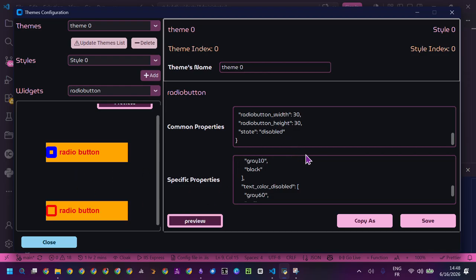I think these are most of the properties, or almost all the properties, that we can use to change the appearance of the radio button